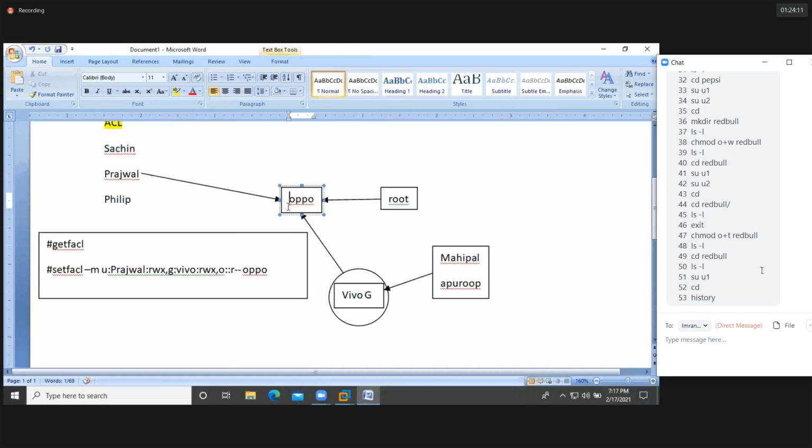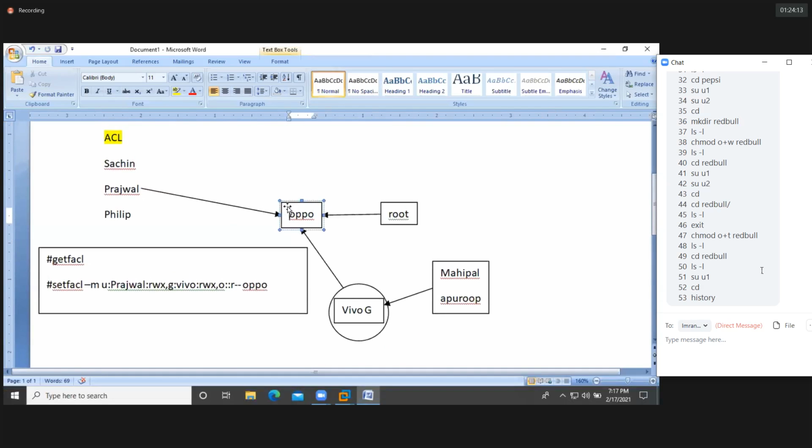According to this diagram, now I'm providing the default ACLs here. Prajwal created one directory inside the Oppo, Mahipal created one directory inside the Oppo, and Apurop also created one directory inside the Oppo. These people have access to create and delete directories inside the Oppo directory because they have full permission. Sachin and Philip don't have access.